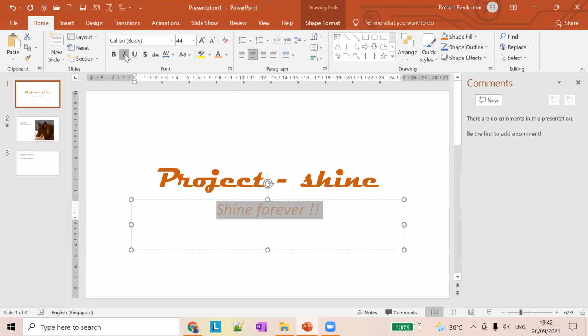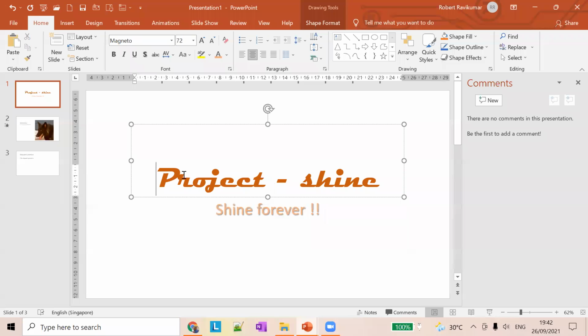Apart from that, we have underline. You know what an underline is, the letters being underlined here. And there is something called text shadow, which adds a shadow to the text. If you select it, you can see the shadow that appears on the text here.